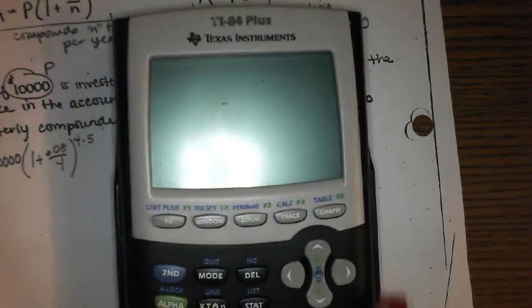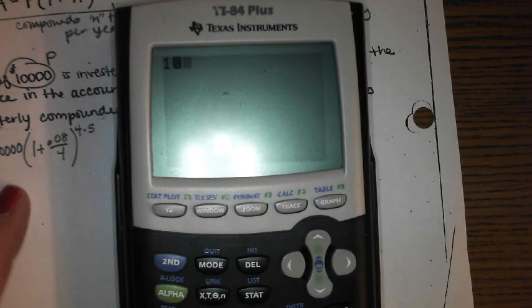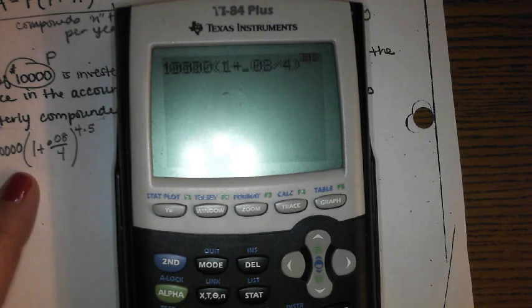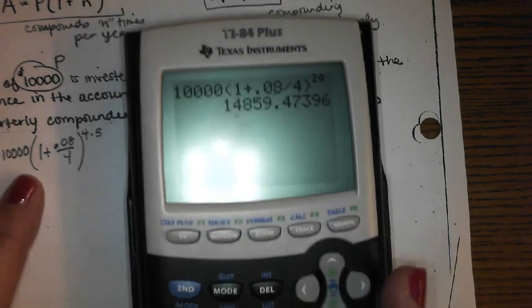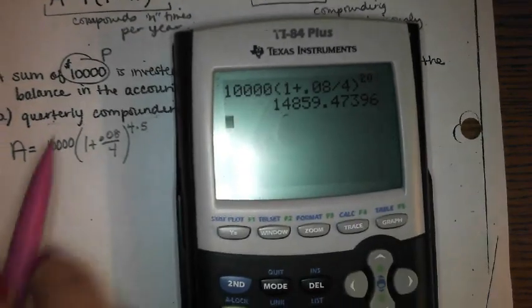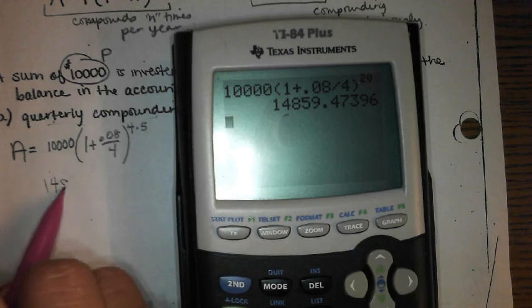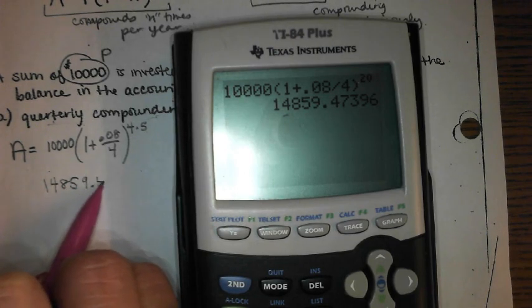So you just type that into your calculator. There is a calculator portion on this next test. So your money will have grown to $14,859.47,